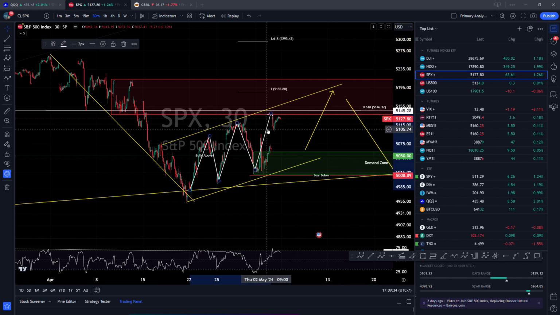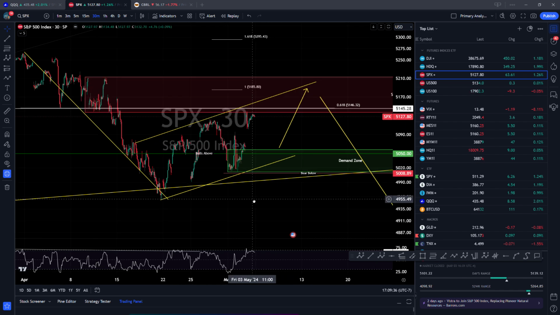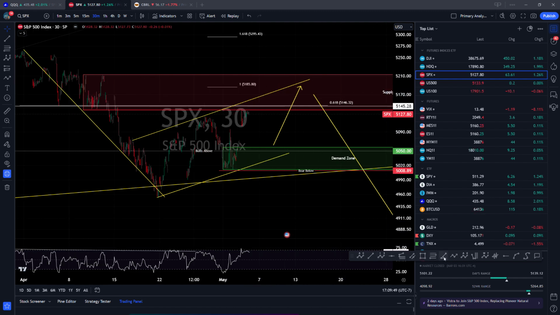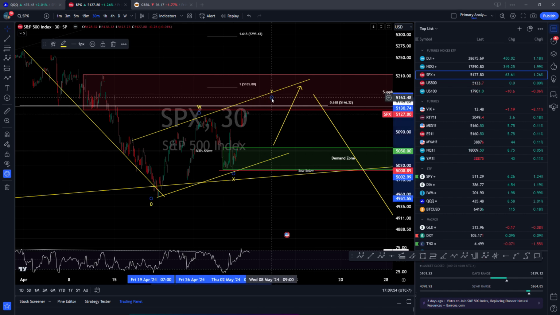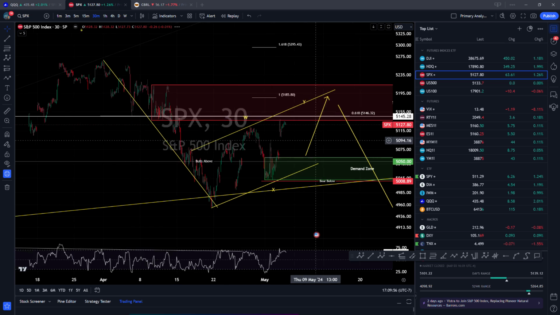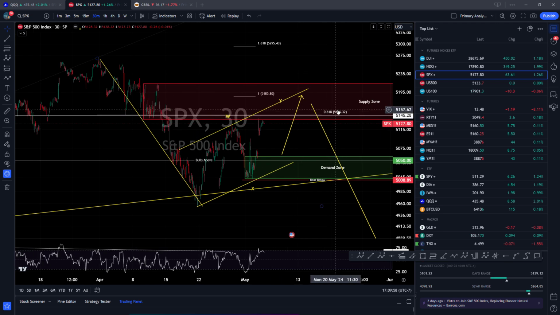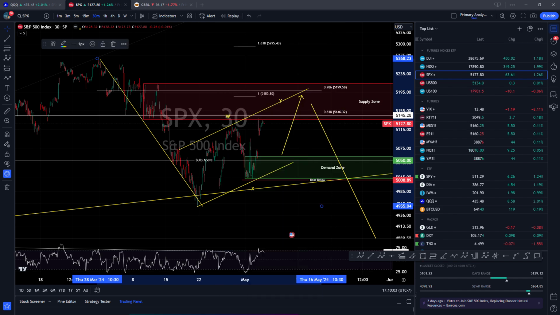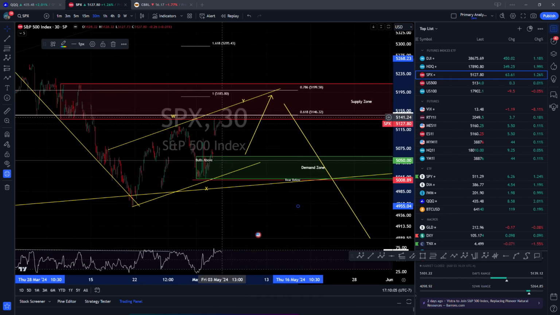I would always think of this one as a corrective move, an A move, B, C. So we had an A, B, C. We have a drop for A, pop, and then C again, right? Now we are just doing this continuously. This may become a complex correction, where we have this as a W, this was an X, and this is Y, all three wave moves. That's fine. We can live with that. And at the end, it just goes up here in this 5200 area.